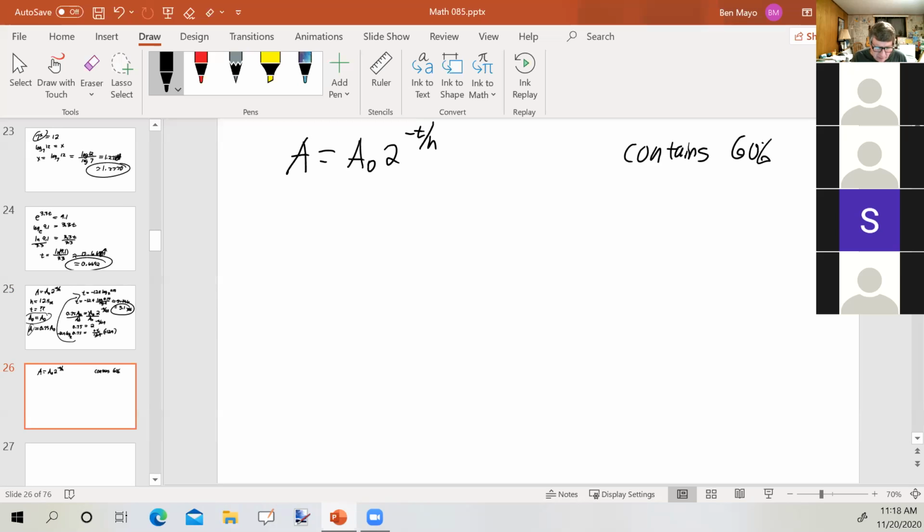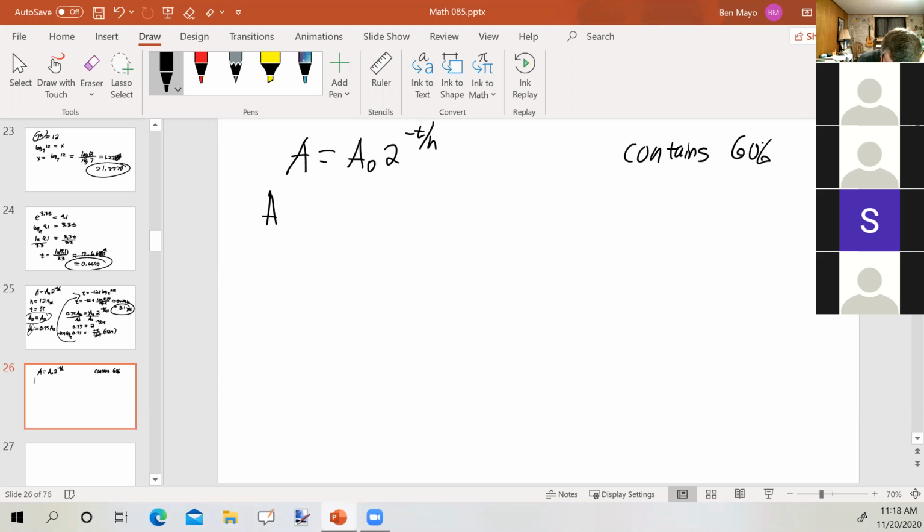A bone fragment analyzed by archaeologists contains 60%. Now, I want to make a big deal out of this next thing because this is where people tend to mess up if they don't read too carefully. In the previous problem, it said 25% decomposed, which meant we were left with 75%. This one says it now contains 60%. Okay, so it's not that 60% is going away. Actually, 40% went away, 60% is still there. All right, now,